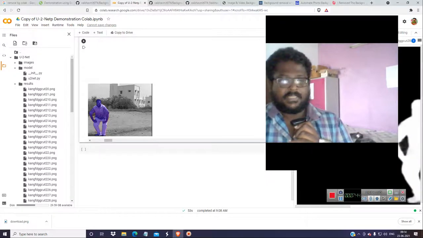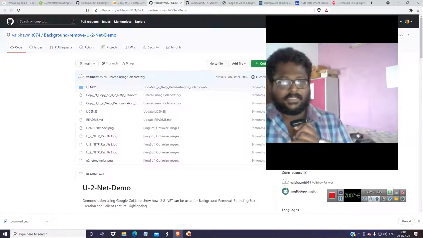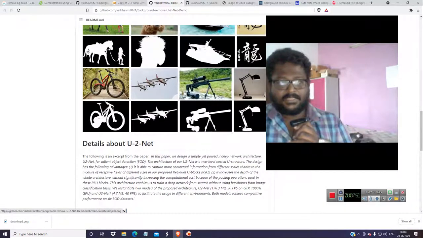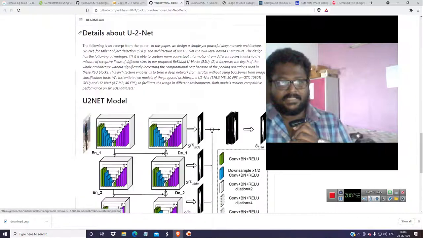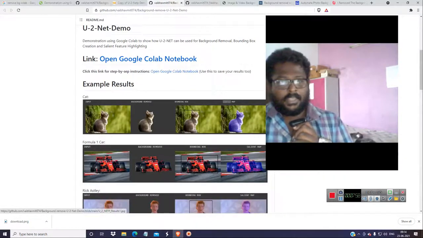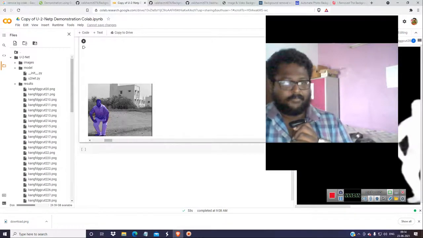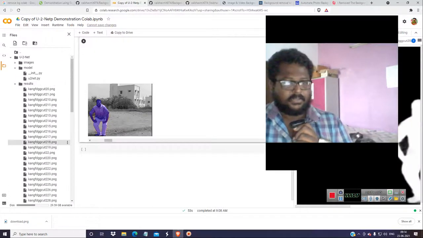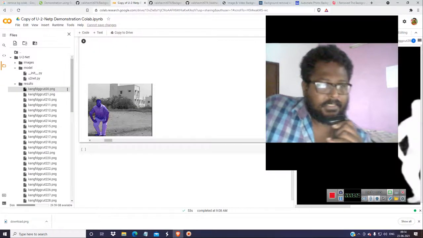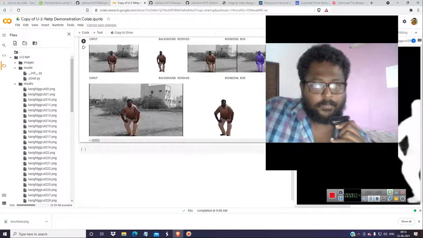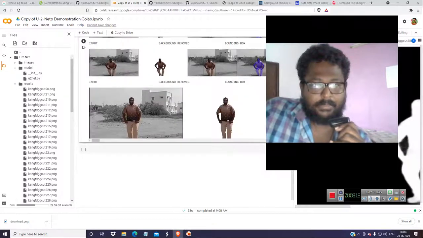Okay, I will just check it again. So in here what they are telling is, after the bounding boxes, you will be getting images like these, so you can use it for background separation. Okay, so these are the things they are saying. So the other images, train unit.pth is also given. I don't think this would be a great resource. You can also use these things for removing the background.